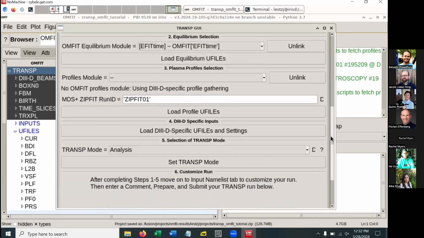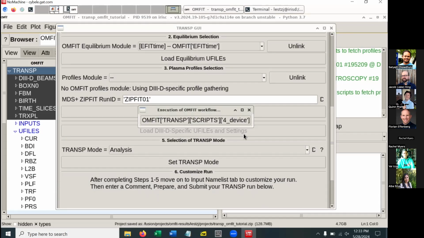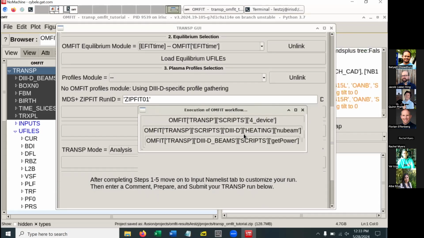So we have now gone through steps 1, 2, and 3. We've loaded the profile U files, we've loaded the equilibrium U files, we have a default name list. And then there's this very important button, which is the device specific inputs. I said that Transp can be used for lots of different tokamaks, D3D, NSTXU, whatever. And all of those have different neutral beam geometries, energies. Some of them have ECH, some of them have ICRH, whatever, different recycling. And so this button is basically going to load your heating and current drive actuators, all of the information that Transp needs to use the models to calculate those sources,